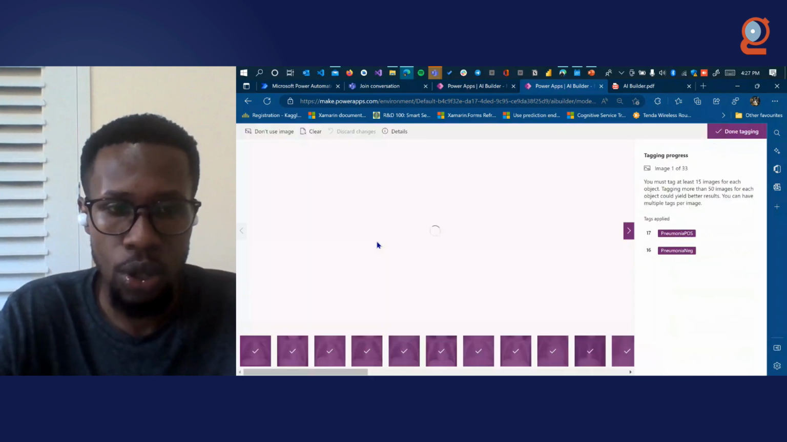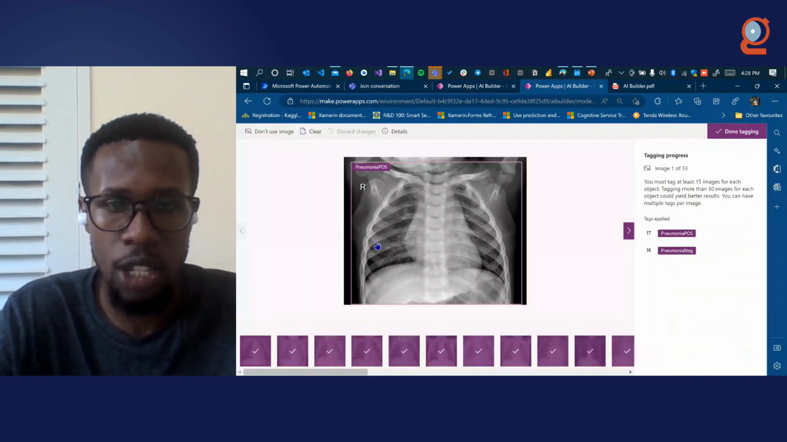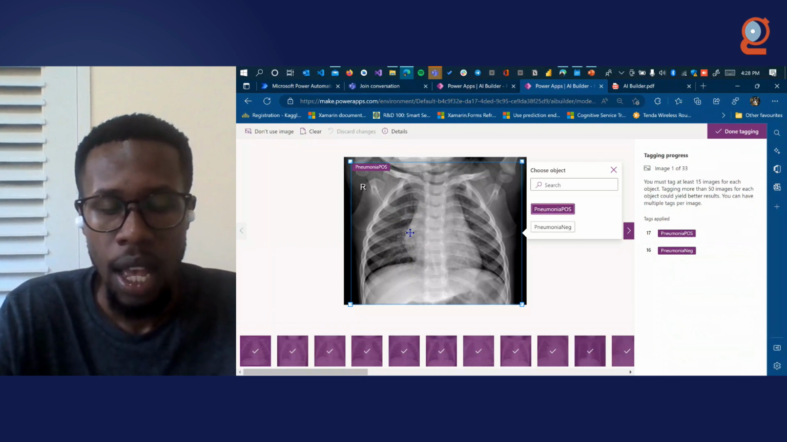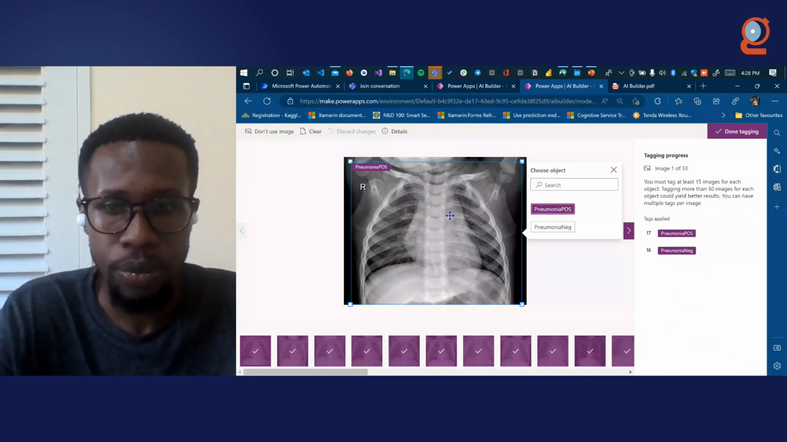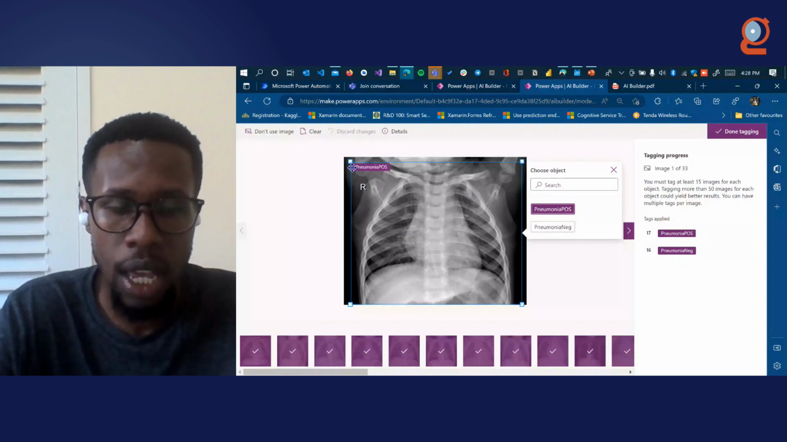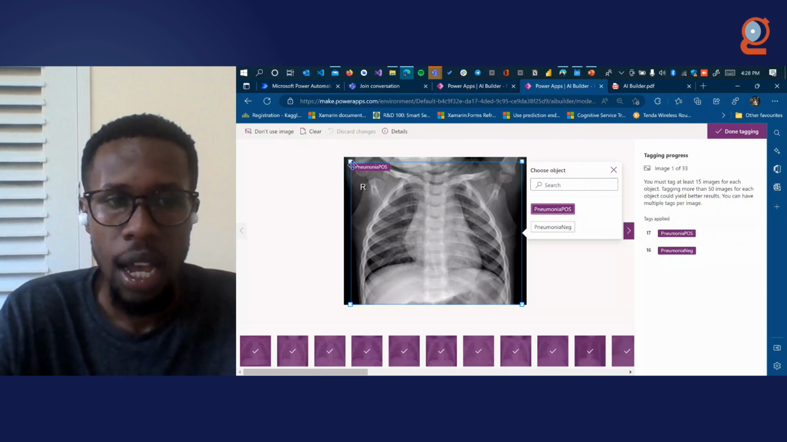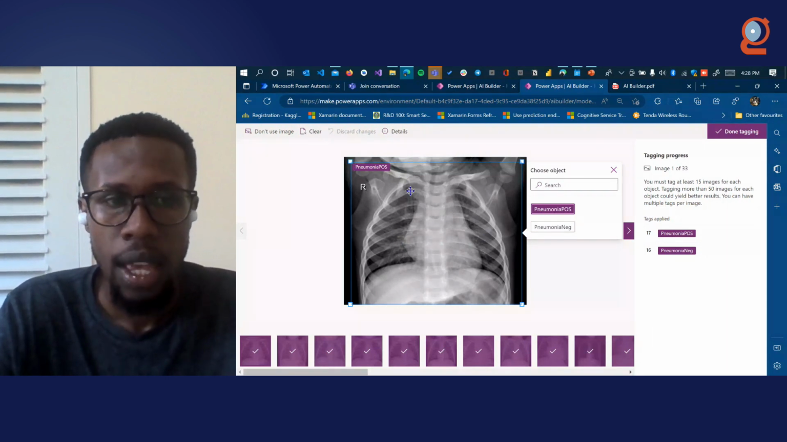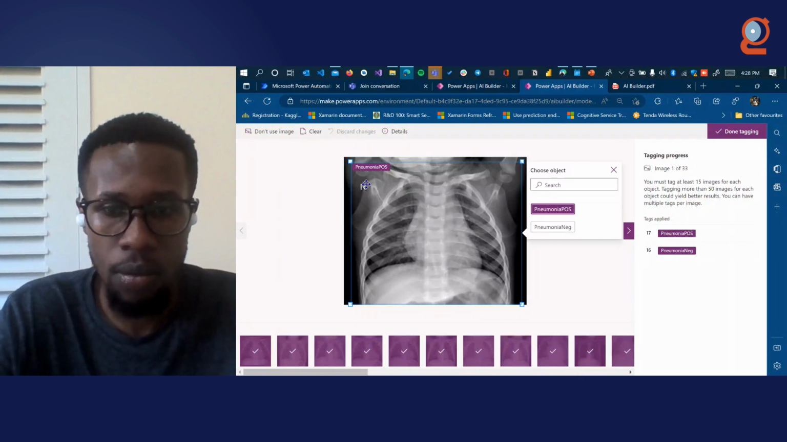Let me show you how the actual tagging is done. For instance, you want to tag this as pneumonia positive. As you can see, this chest is not clear, meaning this person might be pneumonia positive. For you to tag this image, you just tag the area that you want tagged. And as you can see, I was able to